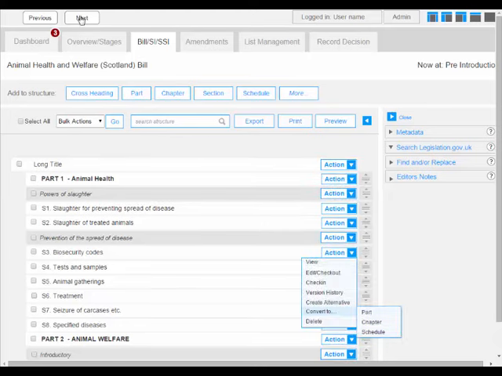Some structural elements will allow you to perform more actions. These options include Convert to, which will allow the user to change a section into a schedule and vice versa. This scenario is incorrect in that you wouldn't be able to convert a section into a part or a chapter. And Delete. This will allow the user to delete a provision, although it can be reopened if it was required